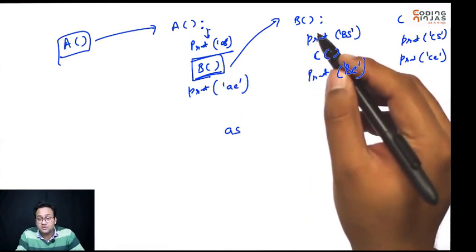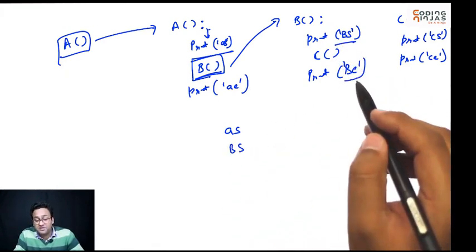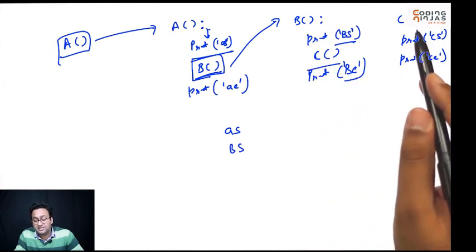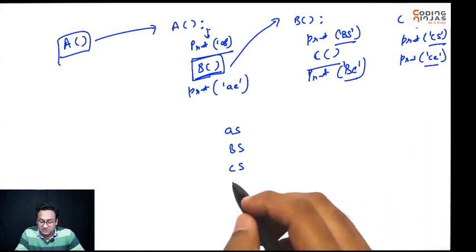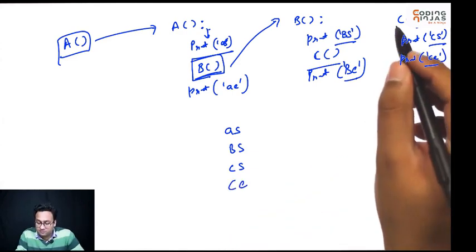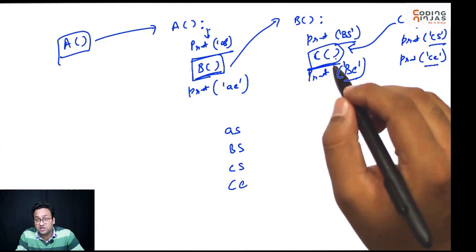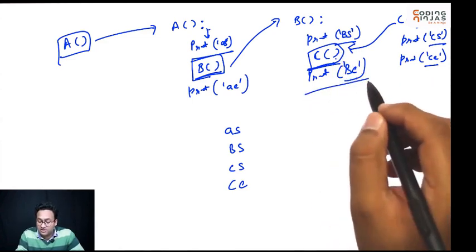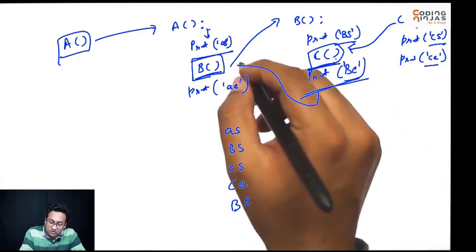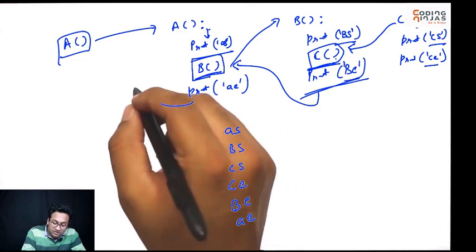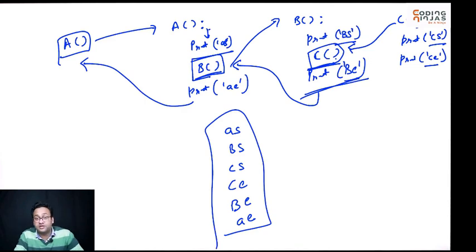We'll go to B. B will print BS, because that's the first thing. Then B will not print BE yet. It will first call C. Once you go inside C, it will print CS. Then it will print CE, because C is not calling anything else. Now C is done with its work. Then you will come back here. Once you come back here, this instruction is done. This line is done. It's going to move to the next line. So you will print BE, and then B is done. It will go back here. Then you will print AE, and when you're done with this, you will come back here. So that's how things are going to get printed.